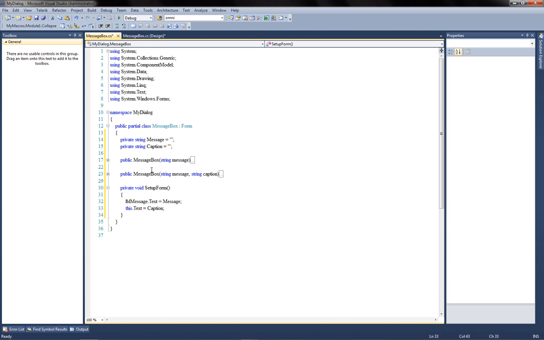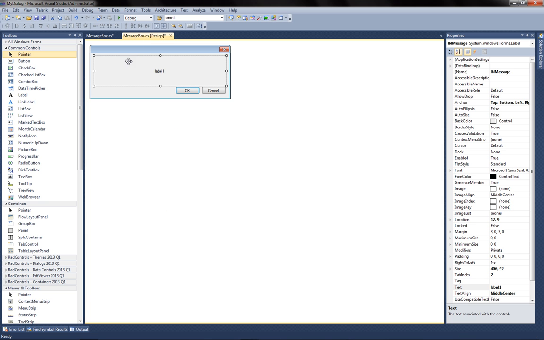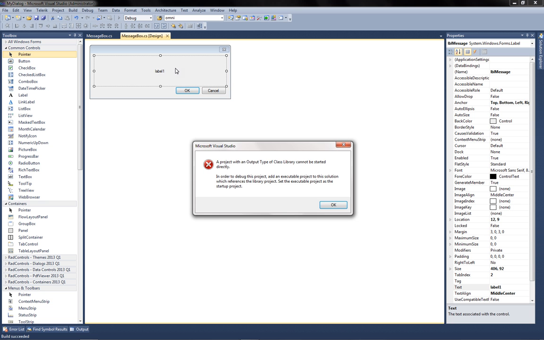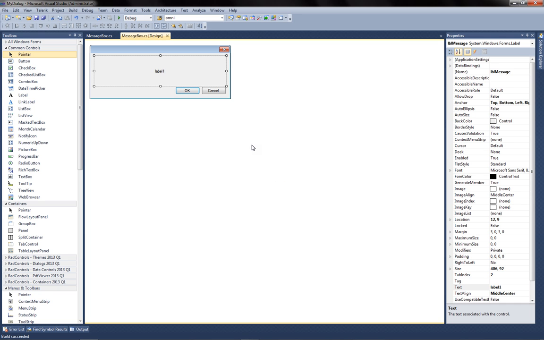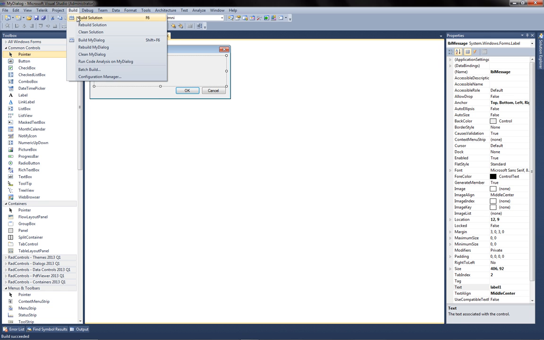Okay, so that looks like it's doing pretty well so far. It looks like everything's going to work. We can't test it though, because you get that and this box is going to come up and it's going to say, a project with an output type of class library cannot be started directly. Okay, but that's fine. We're just going to build it,